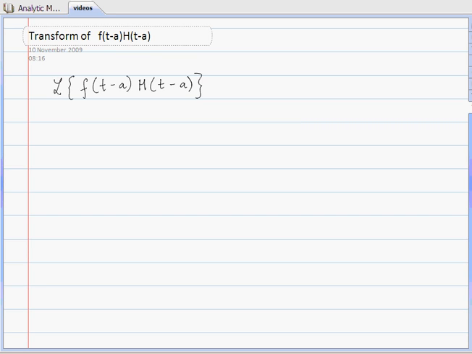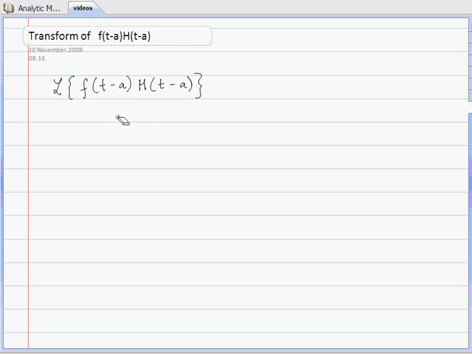As we saw in the lectures, the Heaviside function is used as a switch, if you like, to turn functions on and off, and thus produce functions that are defined in a piecewise manner. And we want to be able to incorporate these piecewise functions into our differential equations and be able to solve differential equations that feature these piecewise defined functions. So we need to be able to take transforms of products